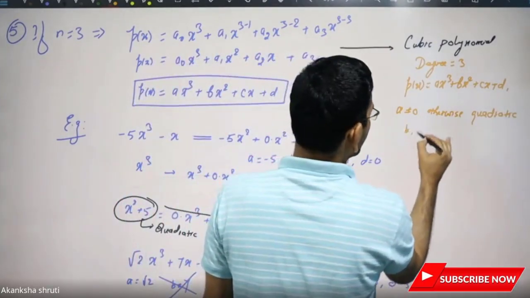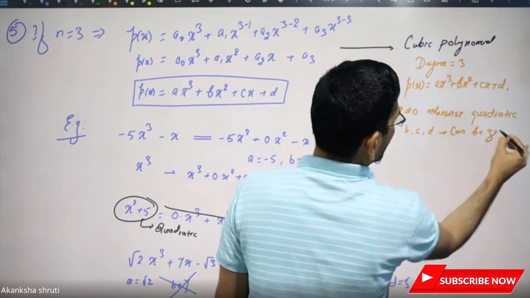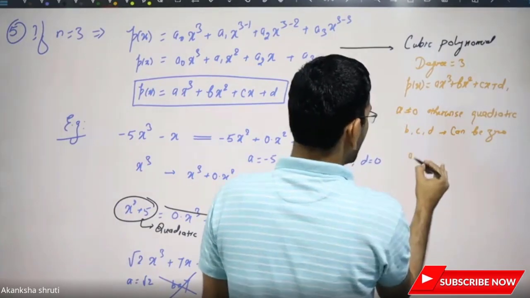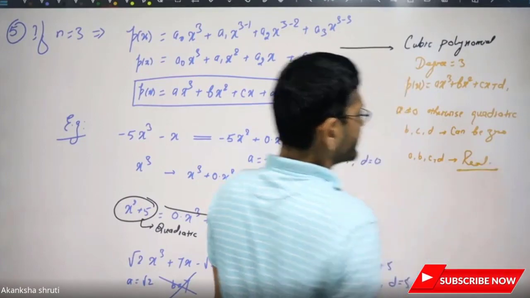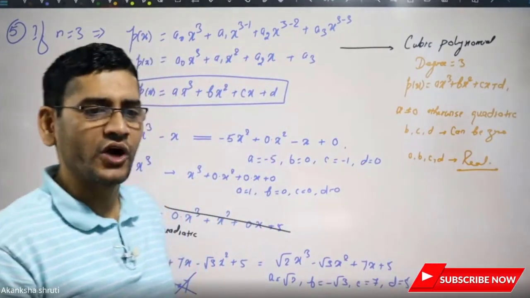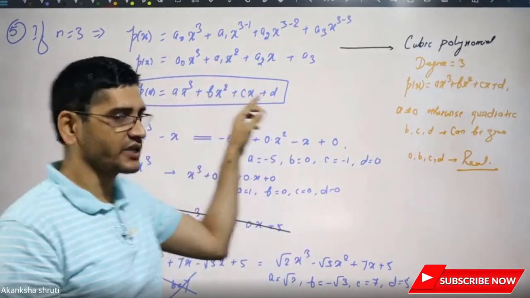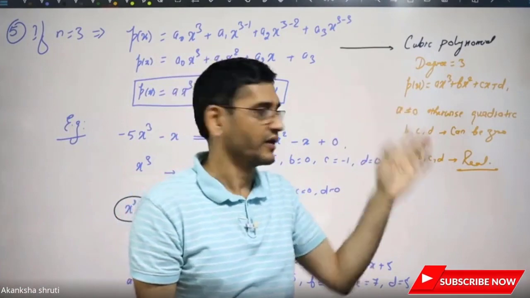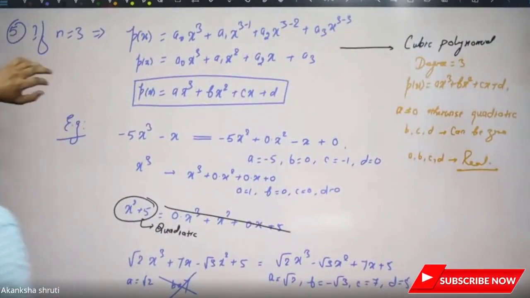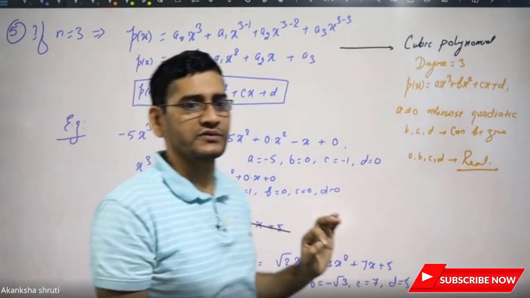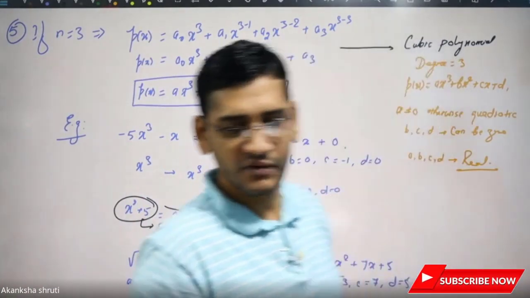Here b, c, d can be 0, and another condition is that a, b, c, d must be real; this must be followed, otherwise it cannot be called a polynomial. So while using the term polynomial, it is inherent that a, b, c, d must be real. Okay, it is this one. Up to this much, we have to learn just a few terms that you will come across in our books and elsewhere, what they are.